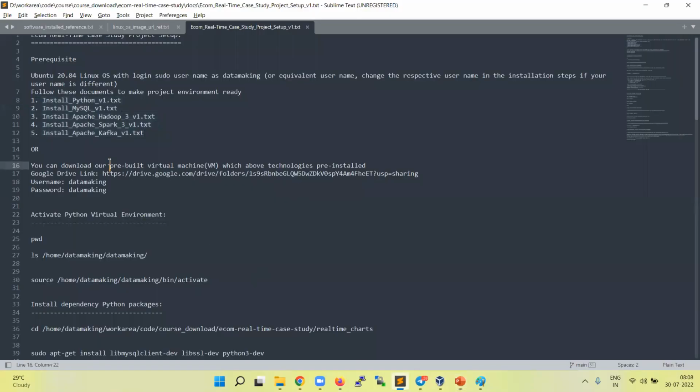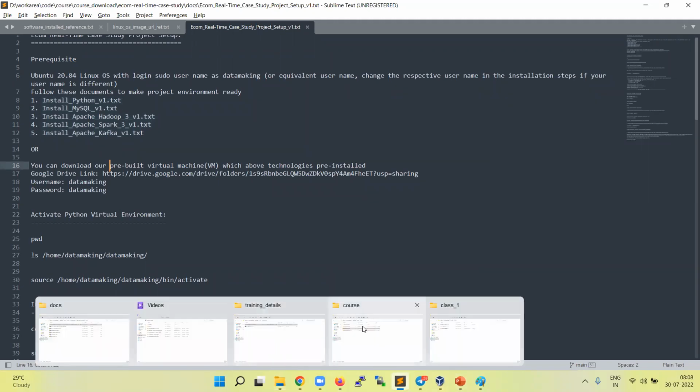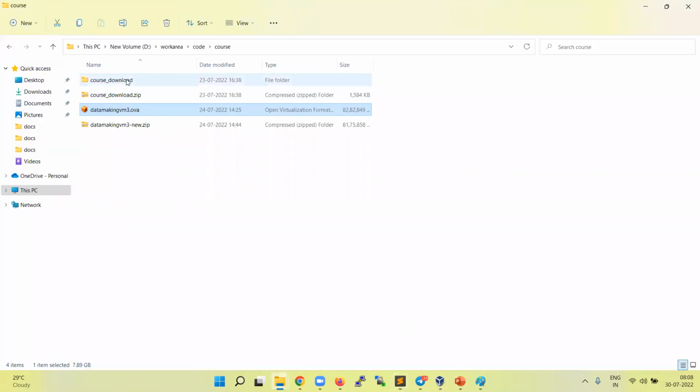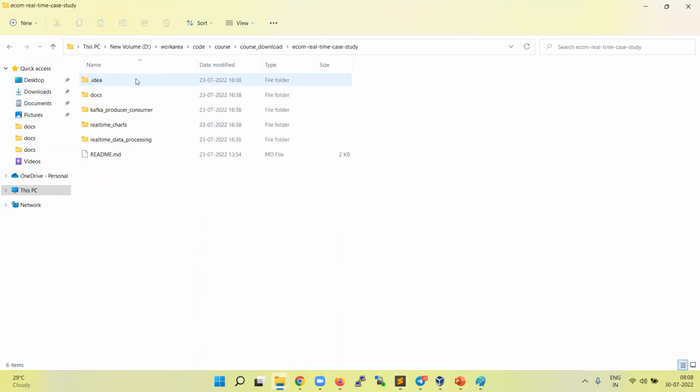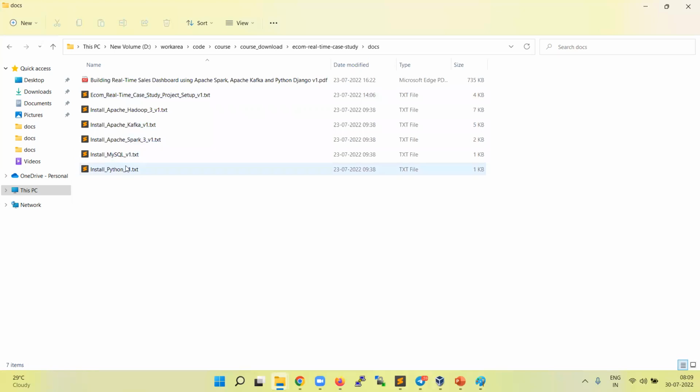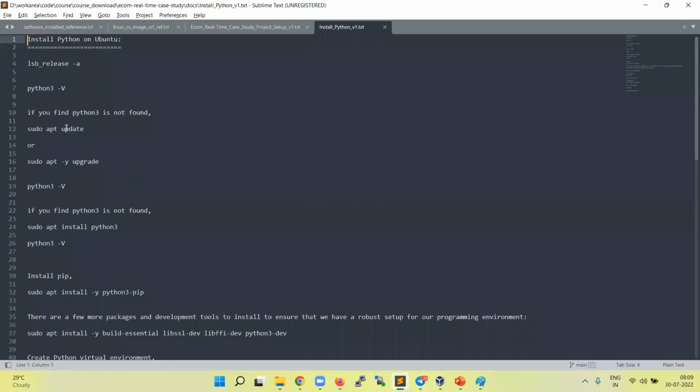Whatever steps you need to do, like Python installation, right? Python installation is very straightforward. When you install Ubuntu 20.04, by default it comes with Python 3.8. So that portion is very simple.